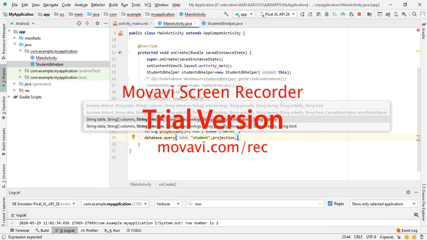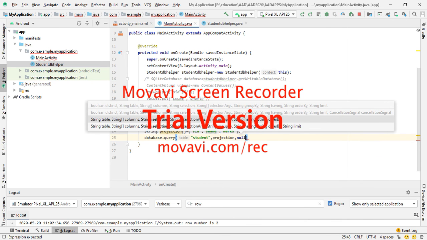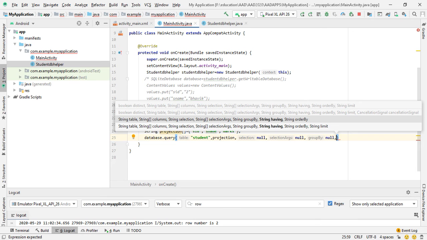The other parameters are for the selection, like group by, if you want to perform a group by operation, then having, order by. So for now we put null in selection, null in selection arguments, null in group by, null in having, and order by.